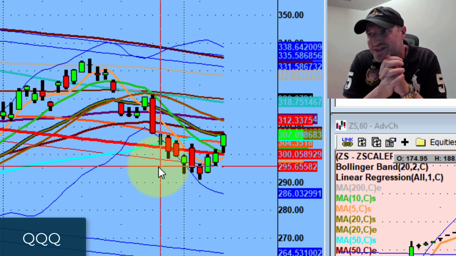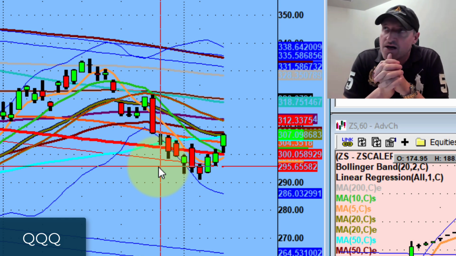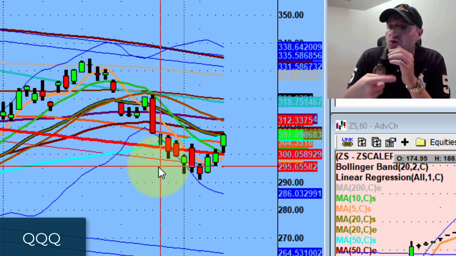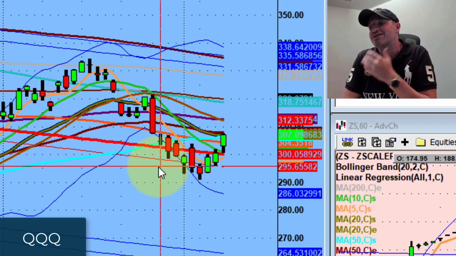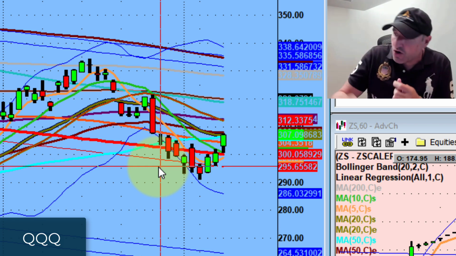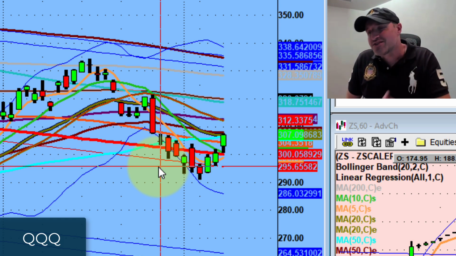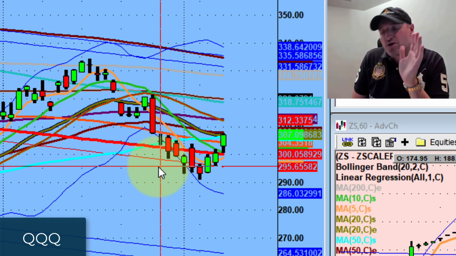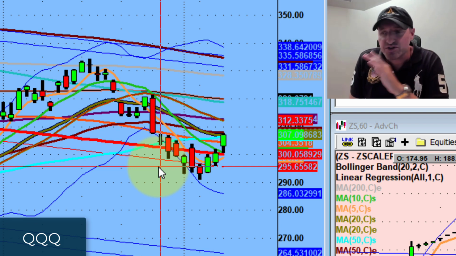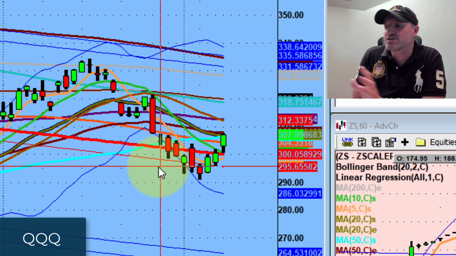And with this 8% decline over the last couple of weeks, the one common denominator over and over again is that literally every single rally was stuffed, and the market went lower. It's like over and over and over again. And then this week, for whatever reason, you could talk about the Fed, you could talk about whatever you want, it doesn't make a difference. Something was just a little bit different.